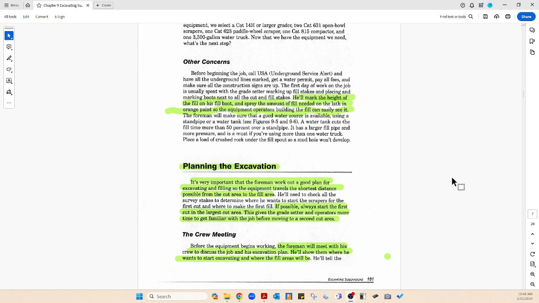Here's the crew meeting, and it says right there in the book, before the equipment begins working, the foreman will meet with his crew to discuss the job and his excavation plan. He'll show them where he wants to start excavating and where the fill areas will be. And when I say he, as the book says he all the time,